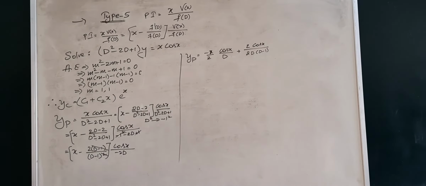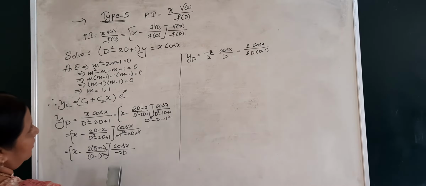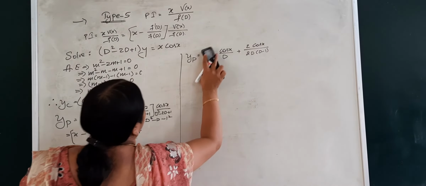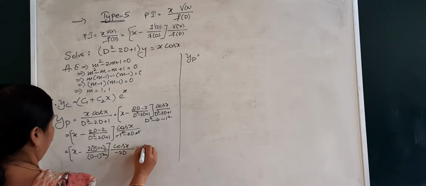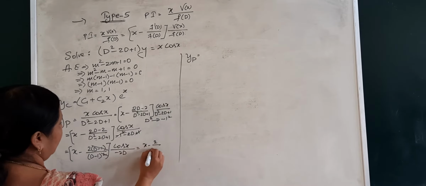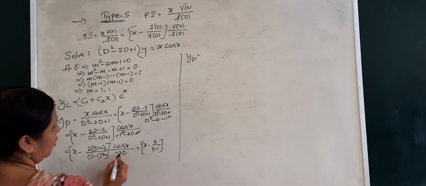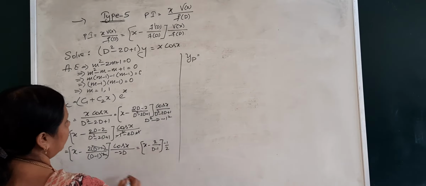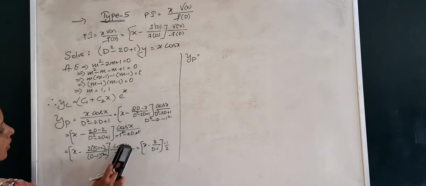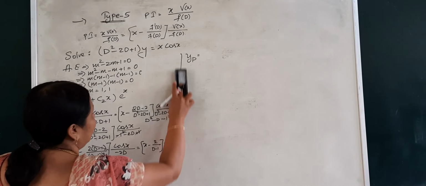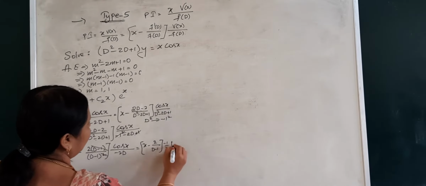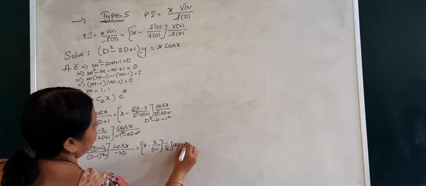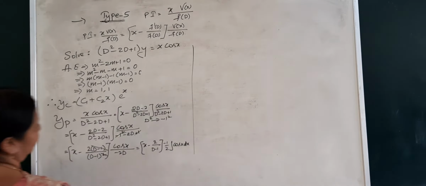Okay, so that's what you get. Otherwise we can simplify here only, so that you don't have to apply this step again and again. Let me simplify here. This is equal to (x minus 2 by D minus 1) as it is, minus 1 by 2 as it is. Okay, so what is 1 by D? We know that 1 by D is nothing but integral. So integral of cos x dx. This makes things much more simple.